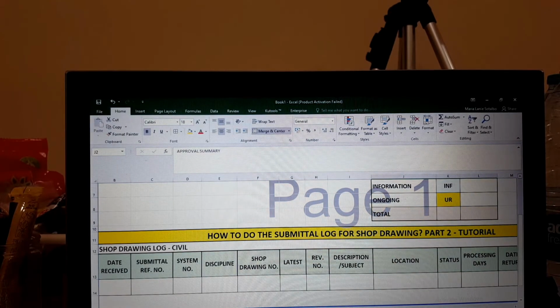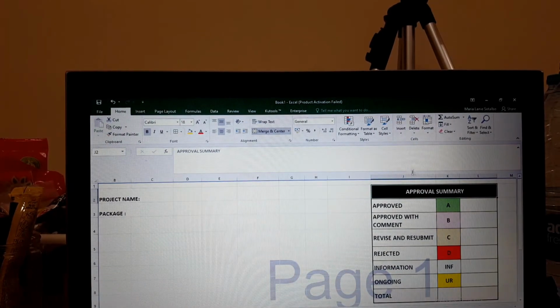So let's start, guys. To continue our part 2 tutorial on how to do the submittal log for shop drawings, this is our data, the headings that we made in our previous video. We started from scratch and we put the details that are usually needed in our submittal logs. I also showed you that we need to put a simple little table here, so you can easily know the number of approved shop drawings or rejected shop drawings and how many are still under